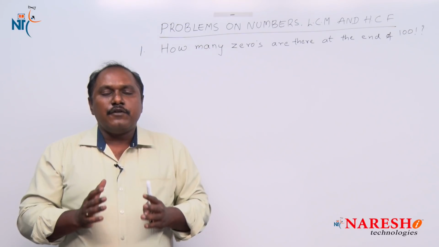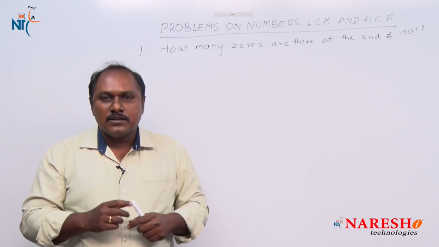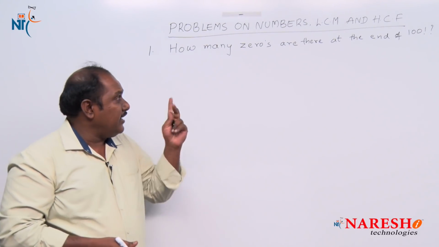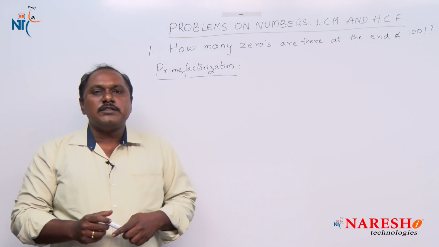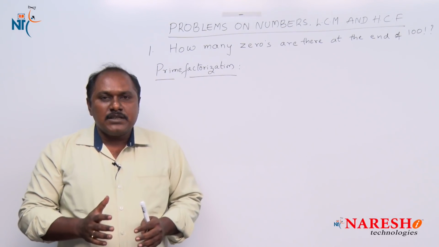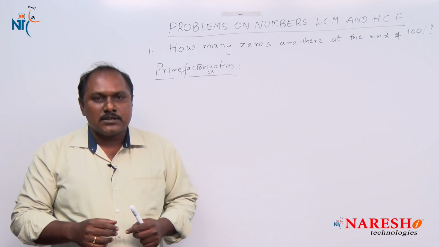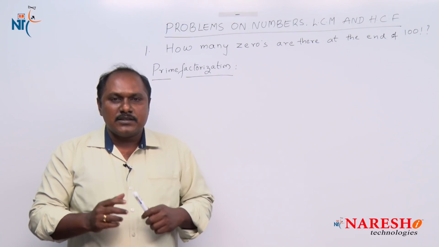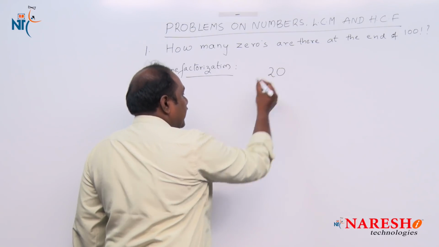For this, first of all, we need to know some basic points which are required to answer this question. The first thing that we must know to answer the question is prime factorization. Now what is prime factorization? Expressing a number as a product of prime numbers is prime factorization. Now let's take a small example and see what that is. Suppose I want to prime factorize 20,